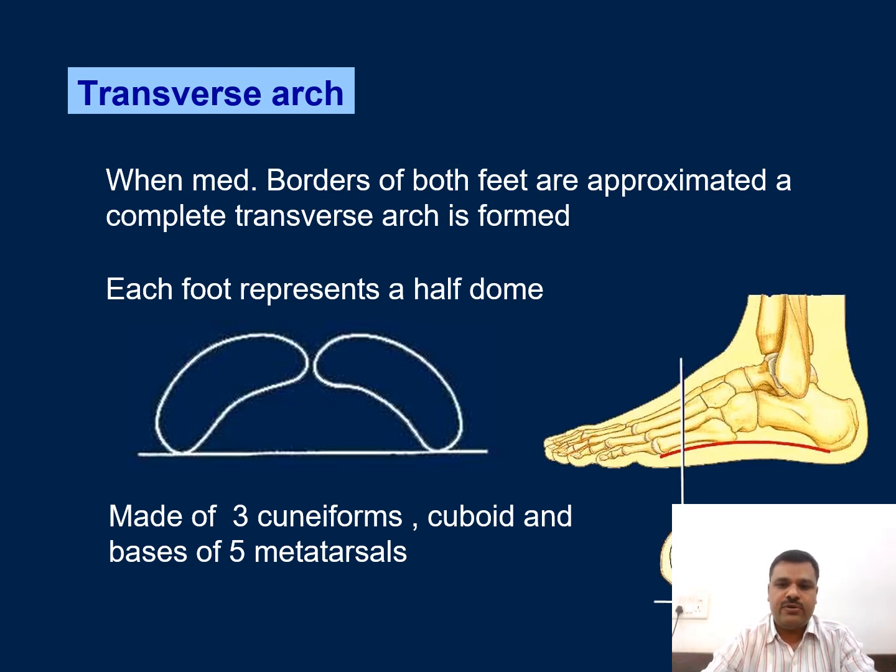We can see over here, this is the segment where we can appreciate the posterior transverse arch, and these transverse arches are half. Unless the two feet touch each other, they cannot be complete. That's why we are having anterior transverse arch as a complete transverse arch, and the posterior transverse arch as an incomplete transverse arch, which can be completed only when the other foot touches the second foot.